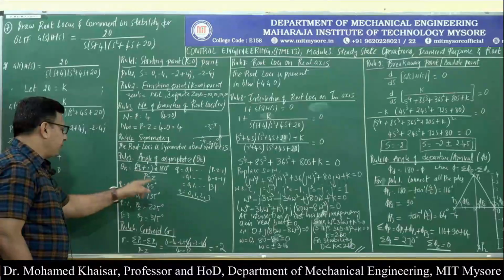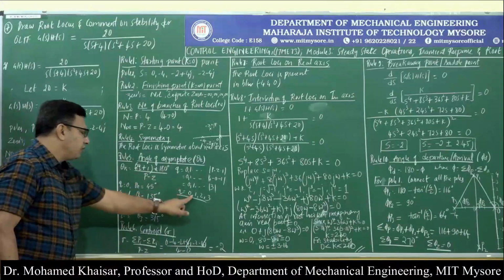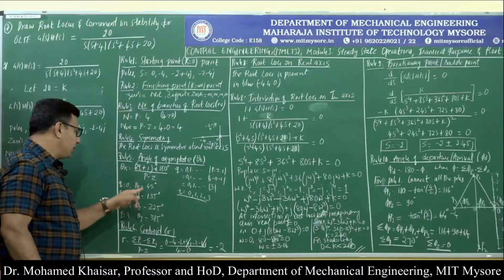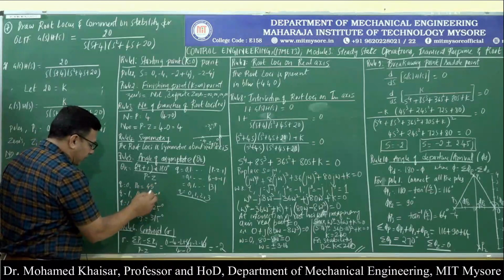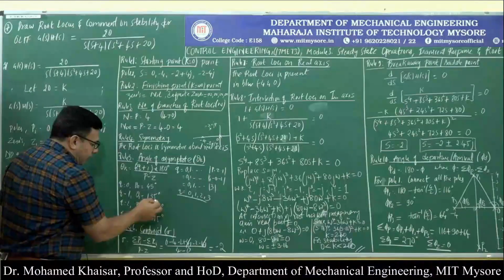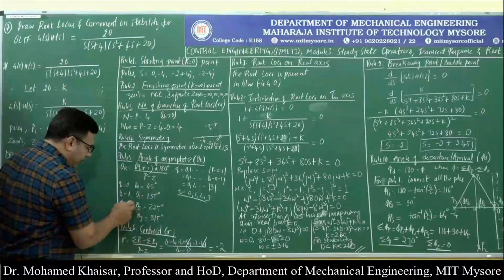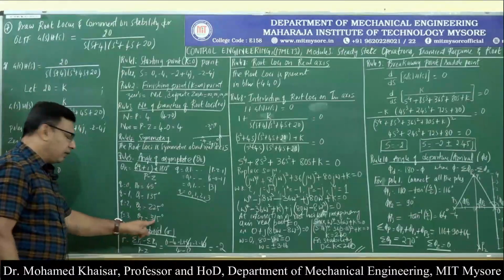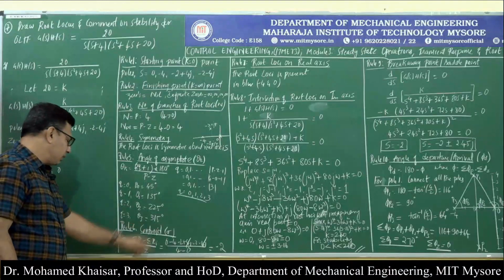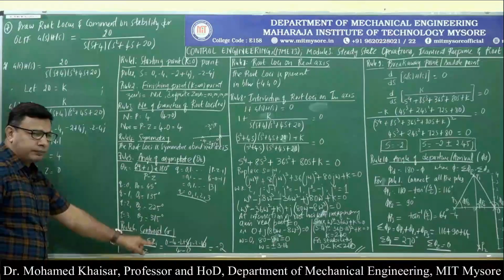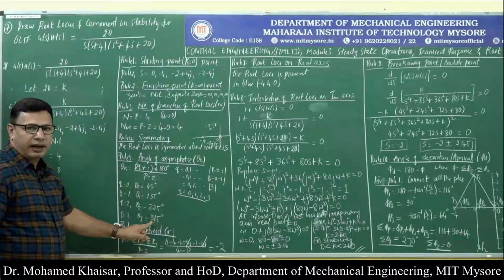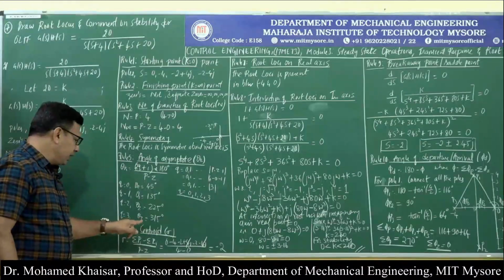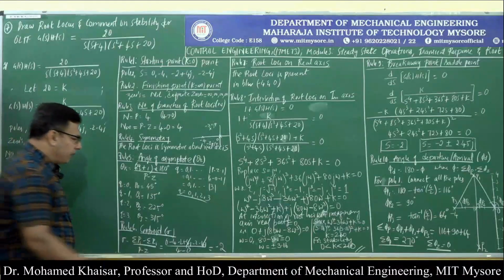Therefore, once we substitute the value of q as 0, we get theta naught equal to 45 degrees. When q is equal to 1, theta 1 will be 135 degrees. When q is equal to 2, theta 2 will be 225 degrees. When q is equal to 3, theta will be equal to 315 degrees. So as soon as we see these angles, 45, 135, 225 and 315 degrees, what we would come to know is, if we just assume